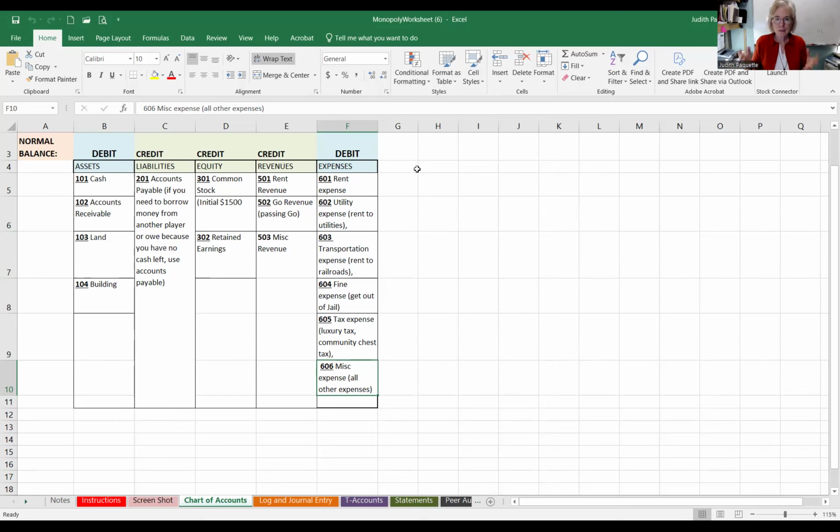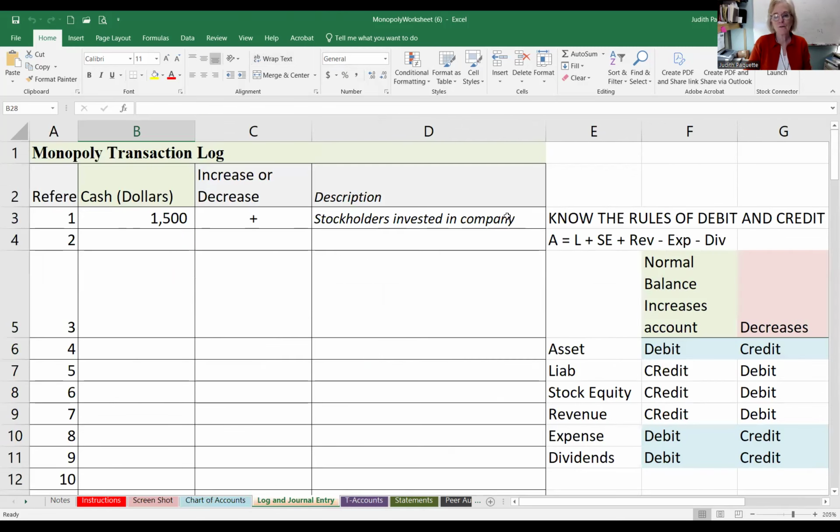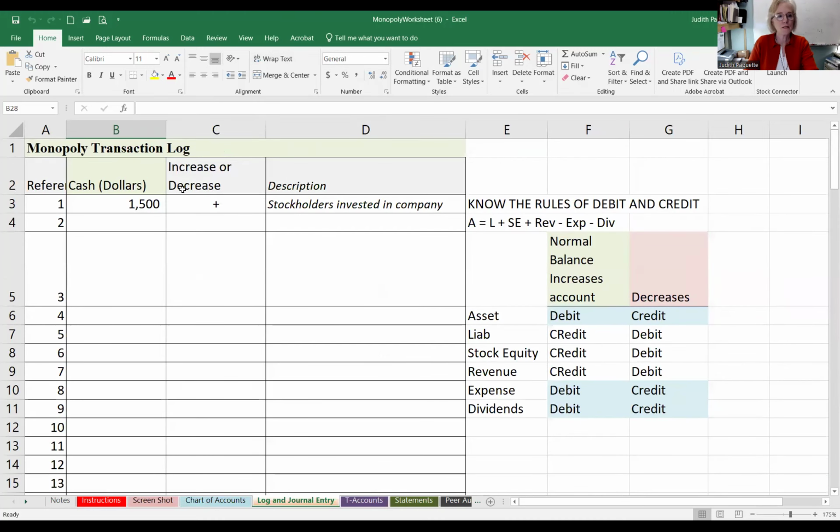Okay. So here's the deal. This is 1, 2, 3, 4, 5, 6, 7, 8, 9, 10, 11, 12, 13, 14, 15, 16 accounts. And I only want you to use these accounts. Okay. So you start out the game and every person starts out with $1,500. Okay. That's how Monopoly works. You start out the game with $1,500 and then you roll the dice and you land on property and you either buy property or you don't. And usually students go ahead and buy the property because you want to get